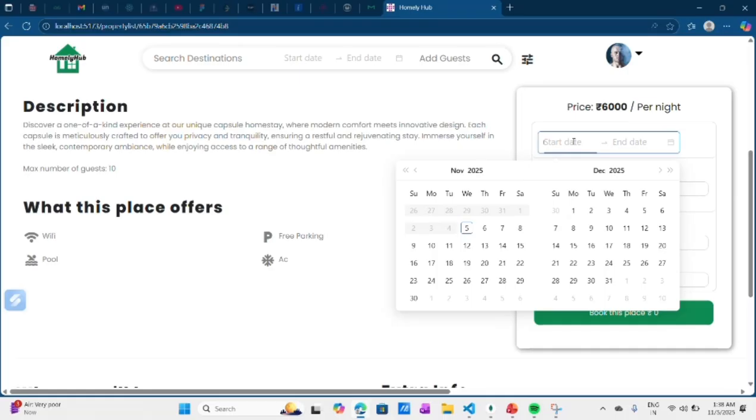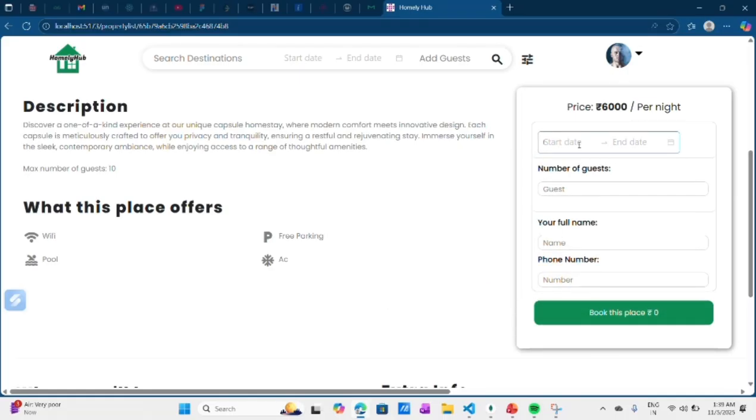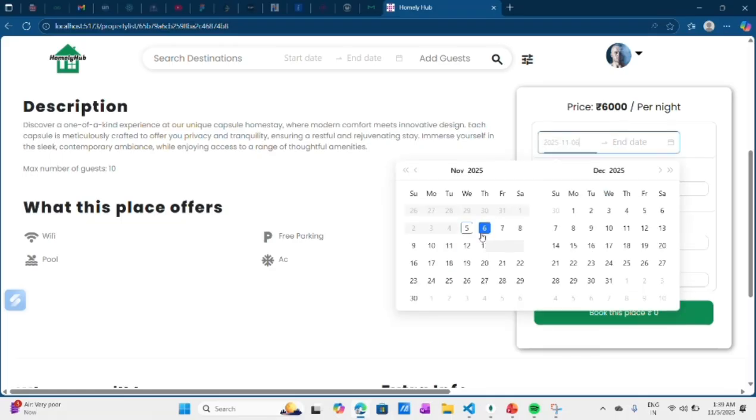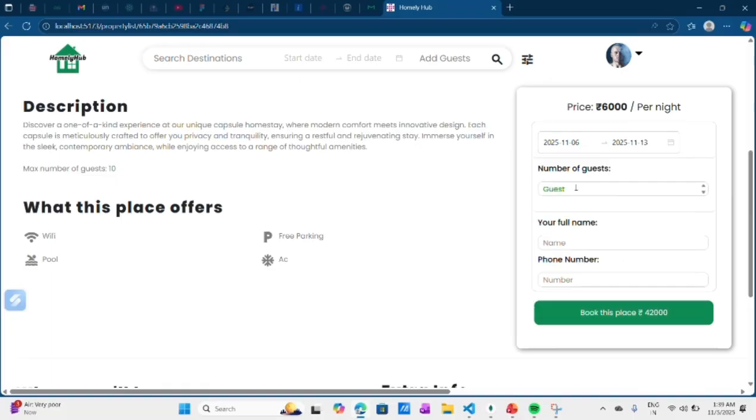A form is also shown in the right corner, in which if you want to book this property, you can select a date, and then the number of guests. Let's type 5. You can give your name and then a phone number.